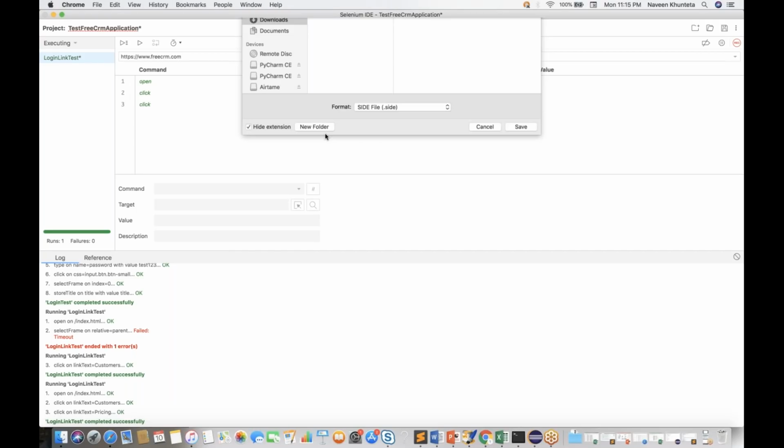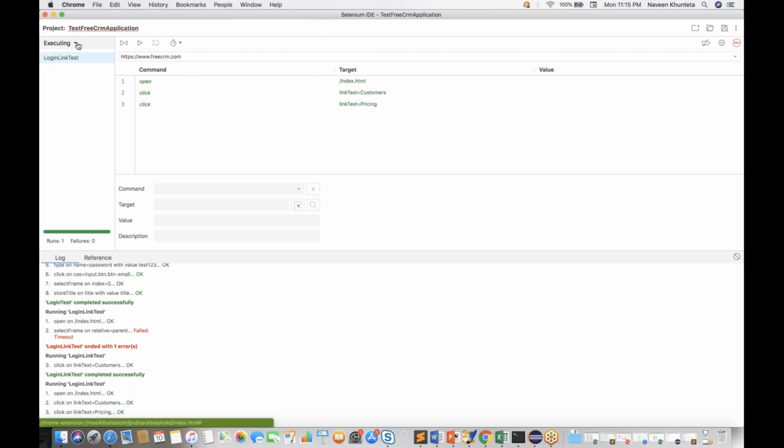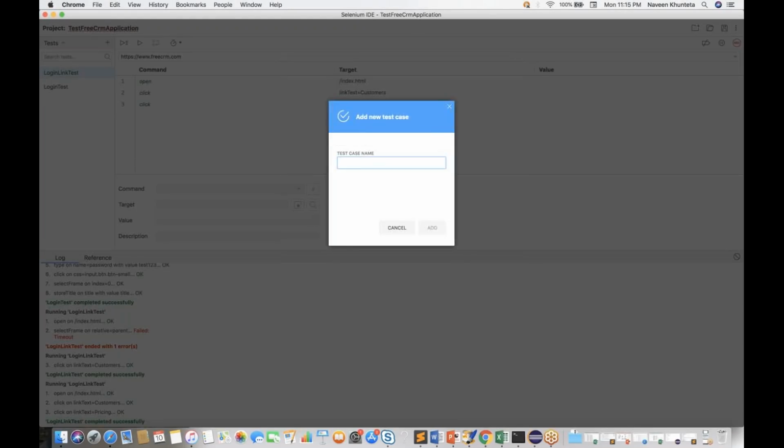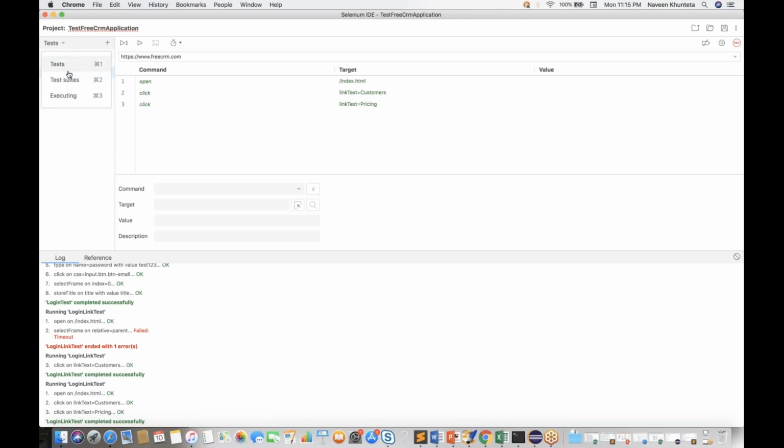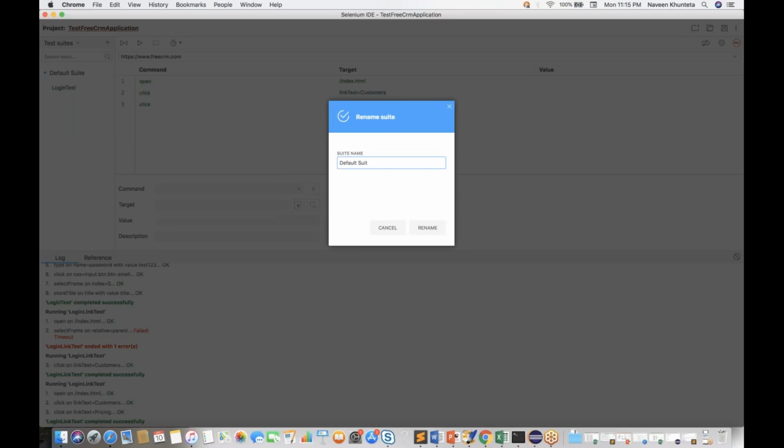Right, and again I'll go to test. I can see that 2 tests are there. Now I'll do one thing, I'll create a test, sorry, not a test, I'll create a test suite. A test suite means the test suite will have a number of test cases. Right, and let's see, this test suite, I'll rename it. So my test suite name is, let's see,